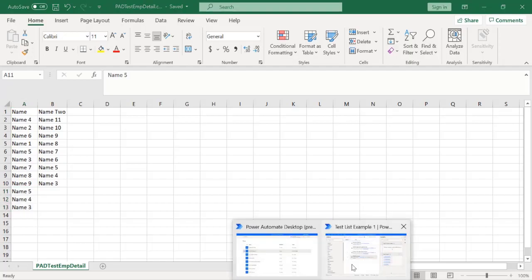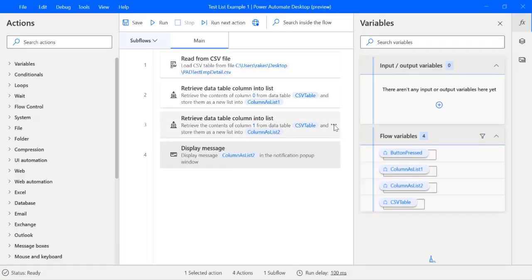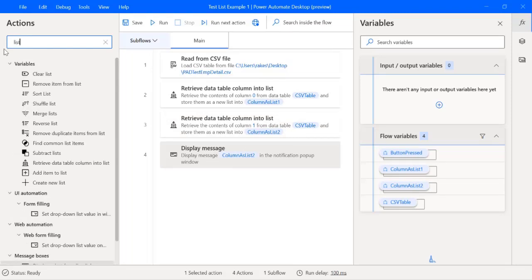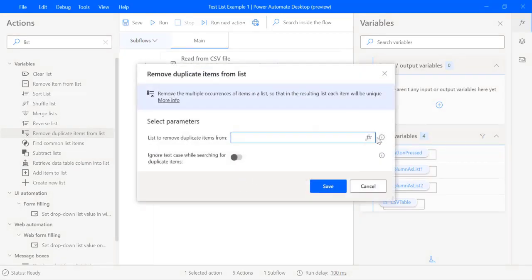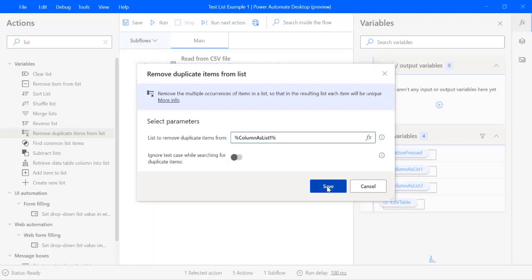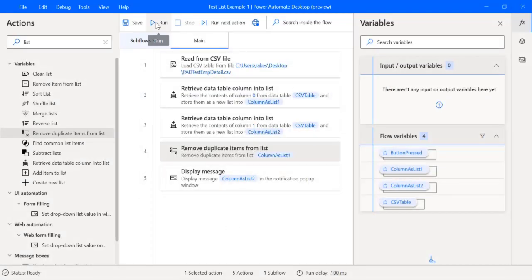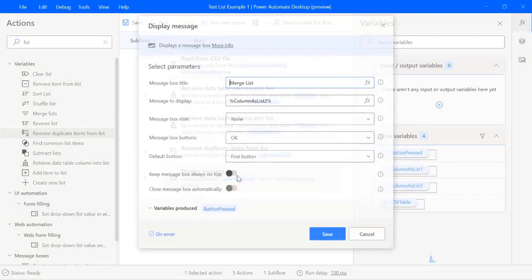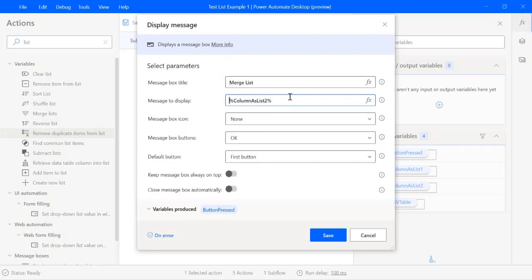now let's use the remove one. I will just use remove duplicate items from the list. I will use list one, save, and here I will show the result of list one.